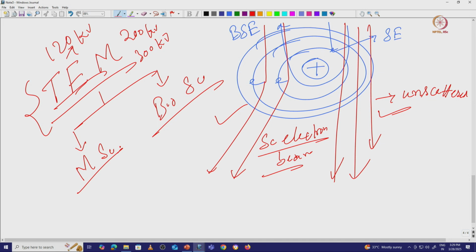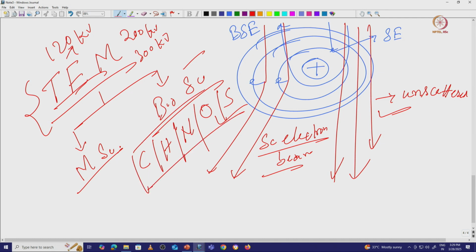But in our biological science sample, that is one of the biggest problems, because it is made of carbon, hydrogen, nitrogen, oxygen, sulfur, and those are very light atoms, and the scattering is very low. So here, if we just use a very strong electron dose like in material science, it is going to damage our biological sample completely.